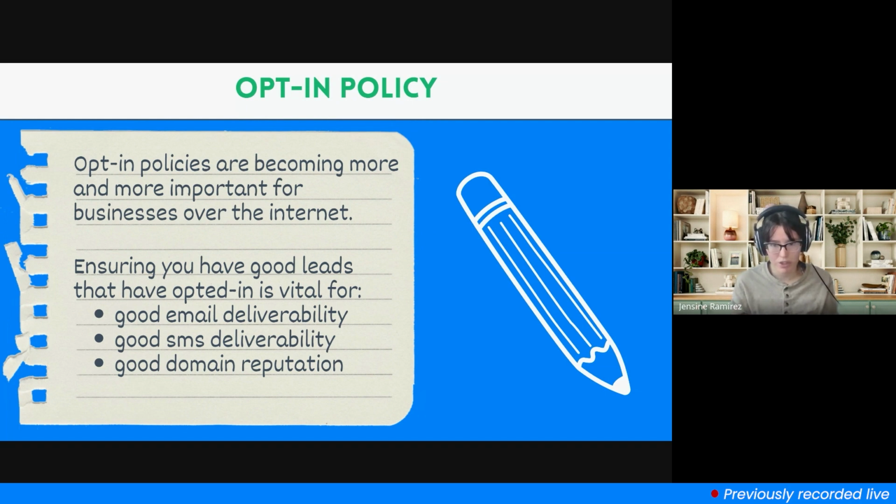So it's really just important to figure that out within your own business and your practice and to build that out. As I mentioned, sign up forms are great for getting that built out. So making sure that you have good leads is vital for good email deliverability. So if you find that your emails are going to spam or they're just being blocked completely, usually it's a good time to look at your contact list and look at who you're sending these to and to figure out